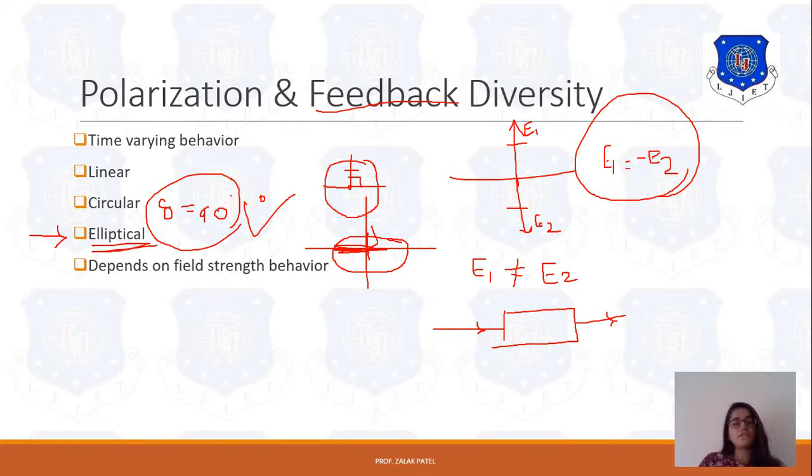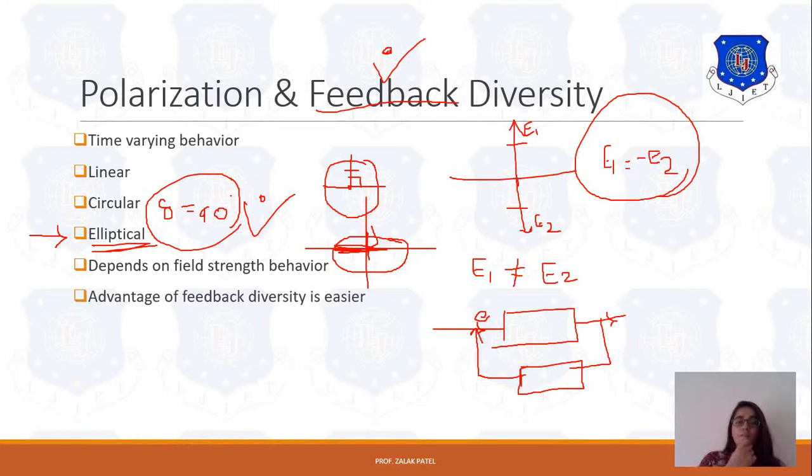But if we take the case of the closed loop system, it should be like this. Here some block is there, and the role of this block is to reduce the error. If an error is created, it is substituted from the input side, so the error is reduced if we provide feedback to the system. Due to this feedback mechanism at the receiver side, it again provides system strength and improves performance. So this is the advantage of feedback diversity.